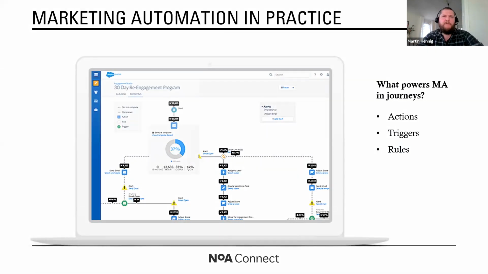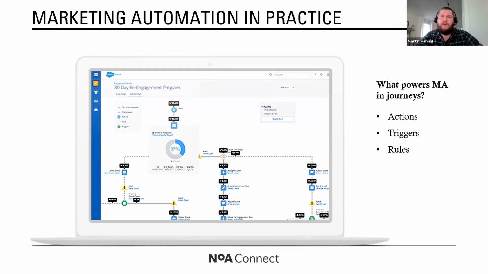Now that we covered some of the theory about what marketing automation can do, I thought it might also be interesting for you guys to see what does it actually look like, right? When I log into a tool, what do I see? This screenshot example is from Salesforce Pardot, one of the B2B platforms that we're using. And this is what a journey could look like, right? So we have our starting point at the top, and then we have an action, which in our case is we're going to send an email. Actions is anything that we initiate, right? The person running the marketing automation program selects those actions.